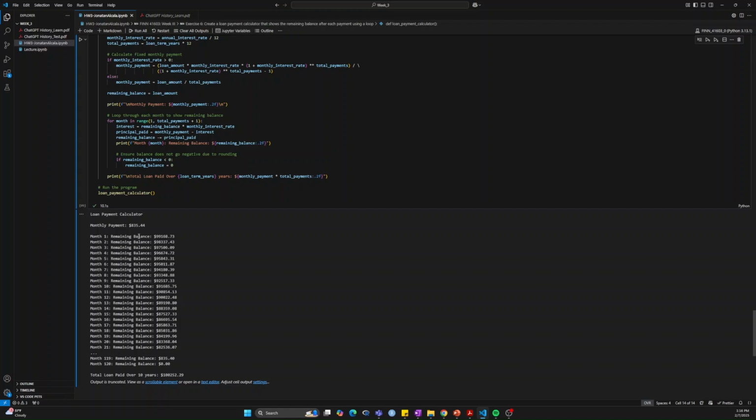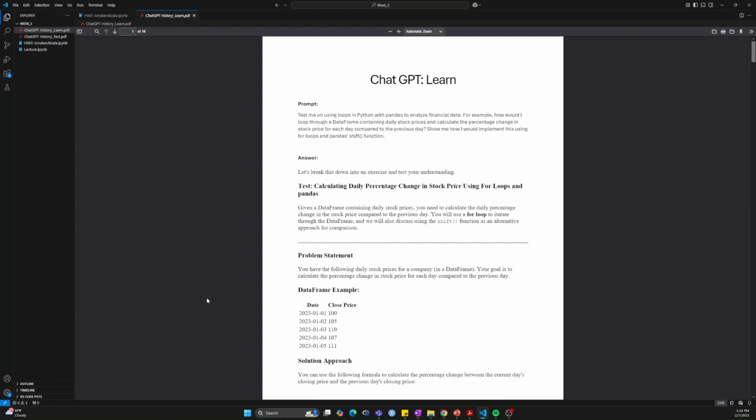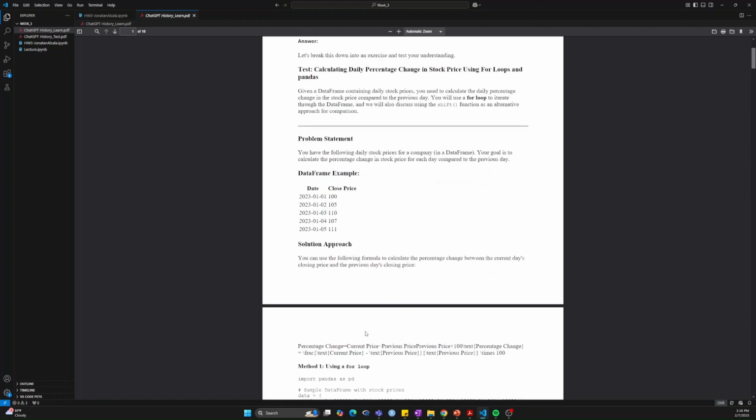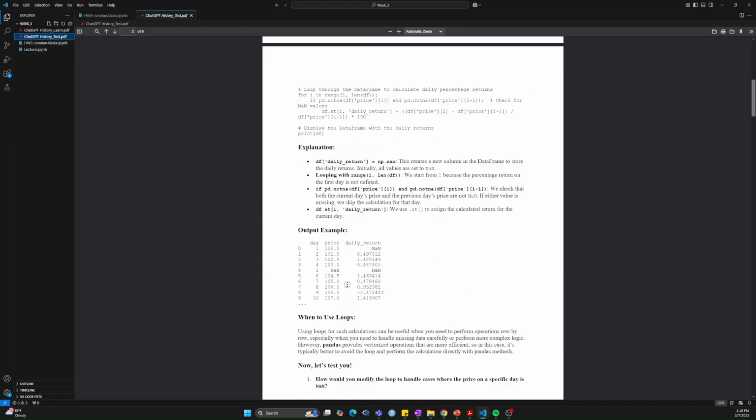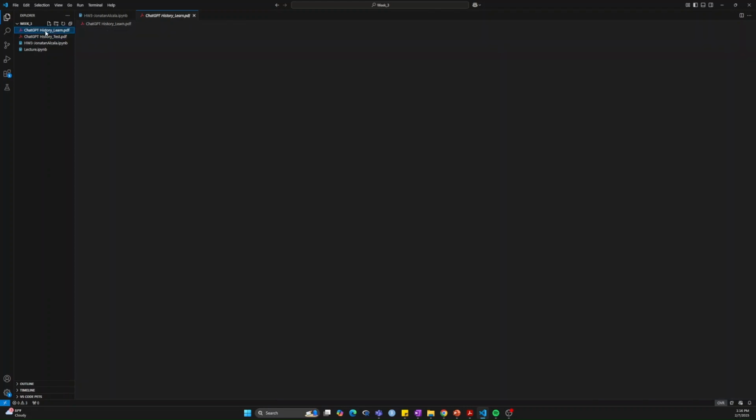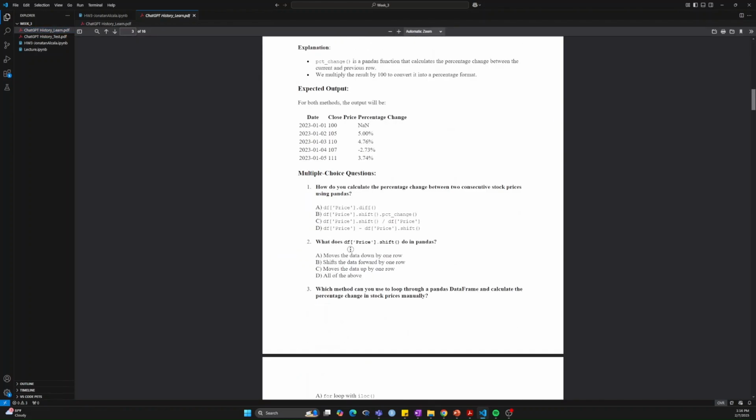So that concludes the coding portion, and then just a quick summary of my ChatGPT history. I mostly looked at how to implement pandas with yfinance and Matplotlib, as well as having it give me practice problems. And then I also asked it to give me good APIs for the project for this